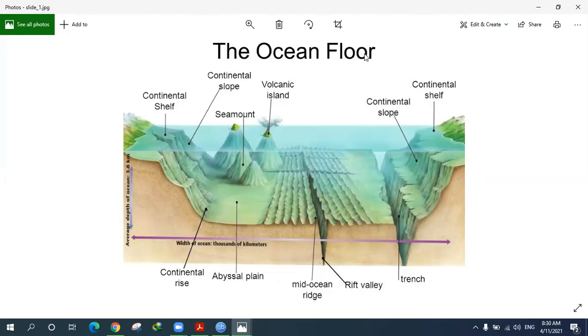I think the first session ends at 8:45, and the last session ends at 1:10. So we still have time. Okay, so let's move to the ocean floor. I thought it ends at 8:30, so I'm so sorry, I got confused. But yes, guys, the session started a little bit late because this week we're using the Ramadan timetable. So the first session starts at 8 o'clock,